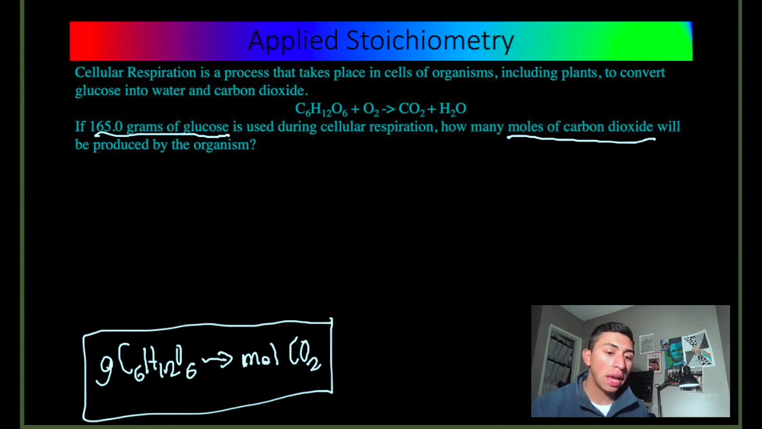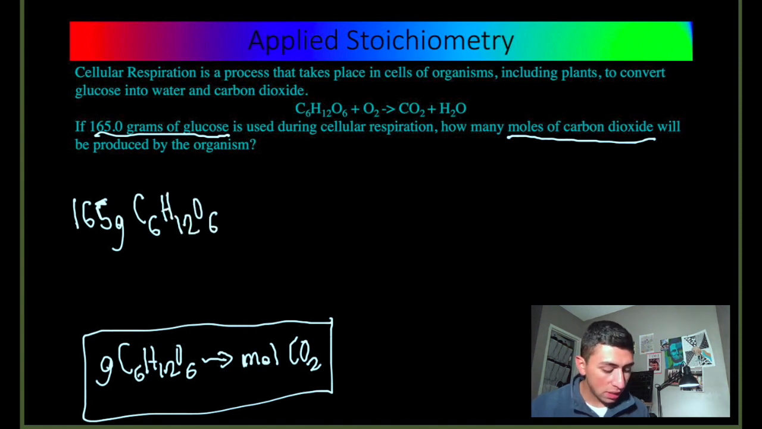Now, are we doing a substance conversion? Indeed, we are doing a substance conversion. We are converting essentially from glucose to carbon dioxide. Now, what is our starting unit for glucose? Our starting unit for glucose is, we have 165, right? And that is in grams. So our starting unit for glucose is 165 grams of